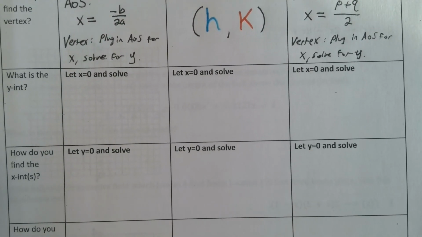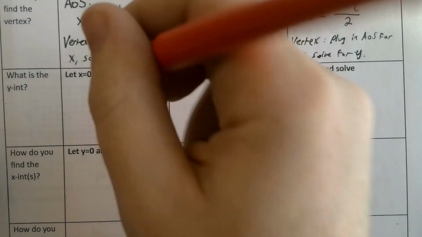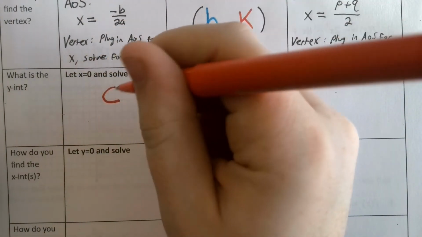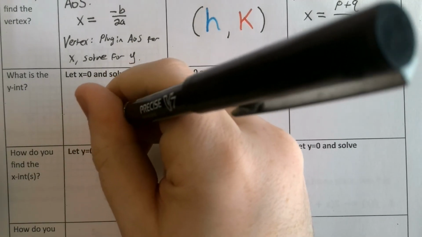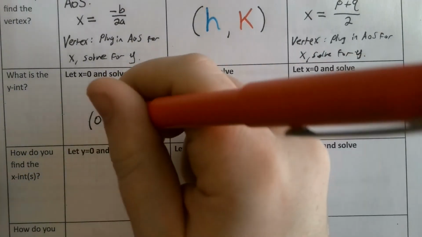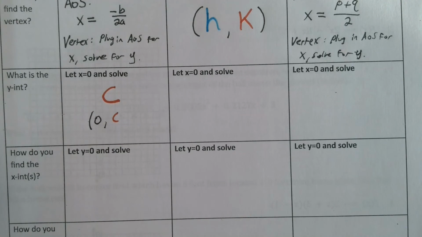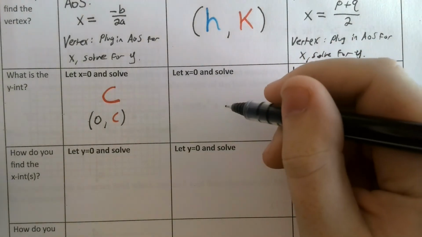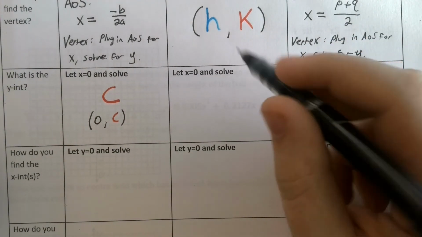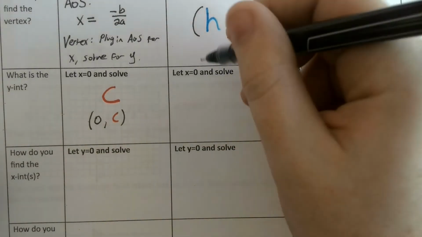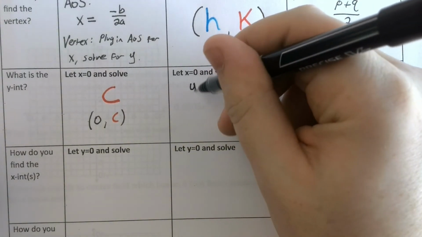What about the y-intercept? Well, for the y-intercept, standard form is the easiest because it's just our c value. The point will be 0, comma, whatever your c value is. That's the benefit of standard form. In vertex form, to solve for the y-intercept, we have to set x equal to 0 and solve, meaning get